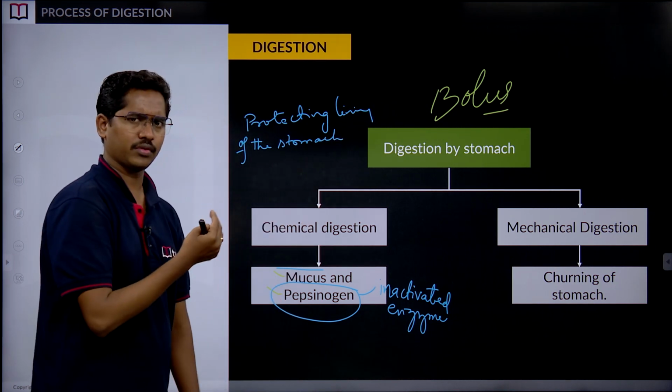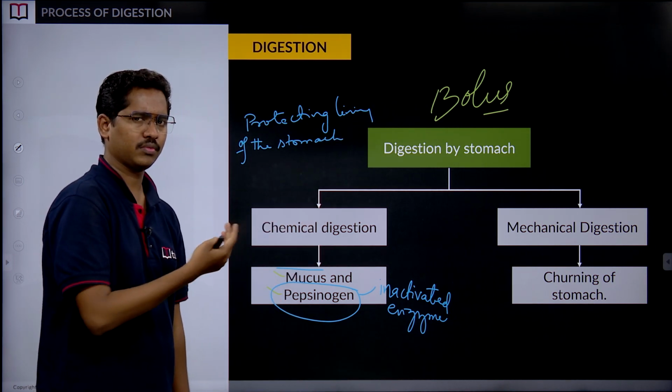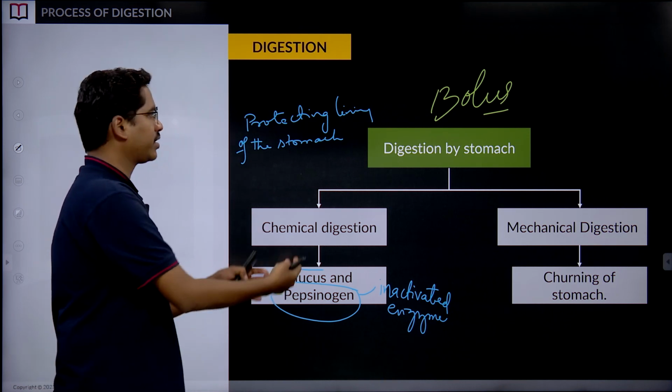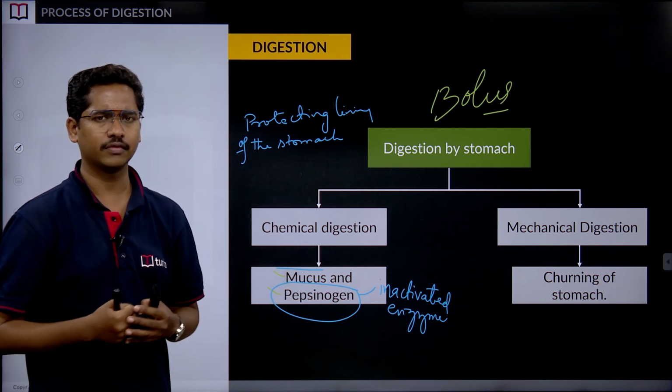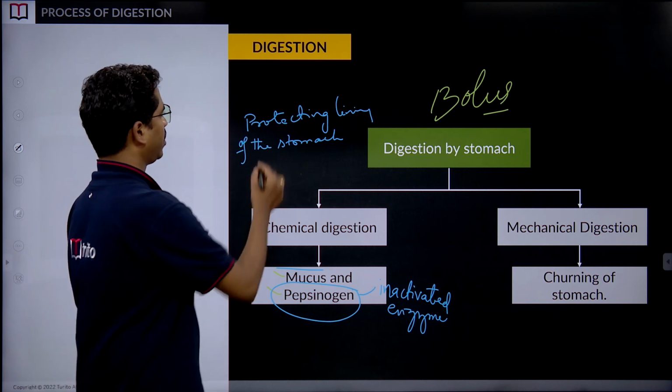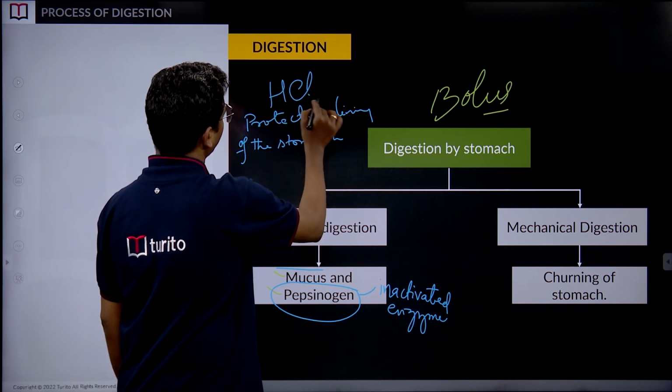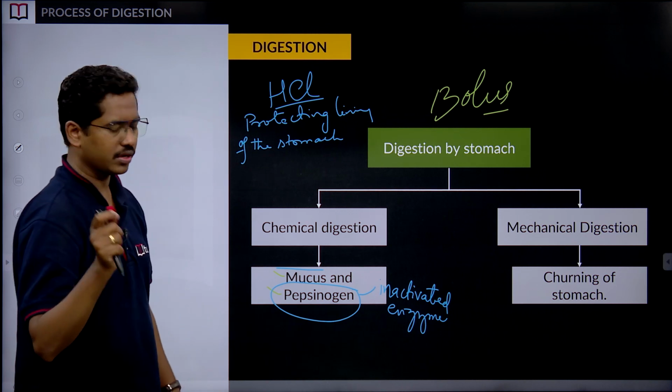So, from whom does it protect? Why does mucus have to protect the internal lining of the stomach? Correct. So, as you have dropped in correctly, it is from the action of the hydrochloric acid that mucus will be